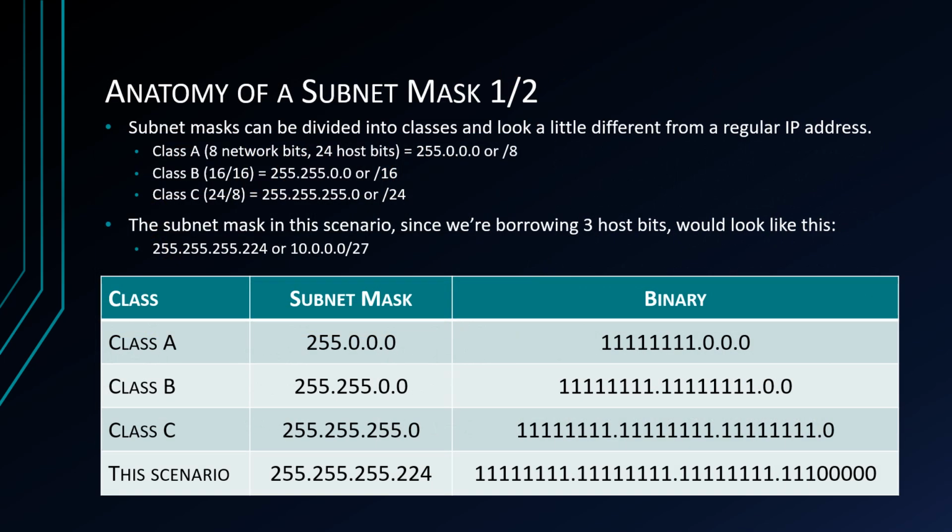So the anatomy of a subnet mask. Subnet masks can be divided into classes and look different from regular IP addresses. So our IP address in this example, again, was 10.0.0.0. But the subnet mask, given that this is a class C or /24, would be 255.255.255.0. And in this scenario, since we're borrowing 3 host bits, it would look like this: